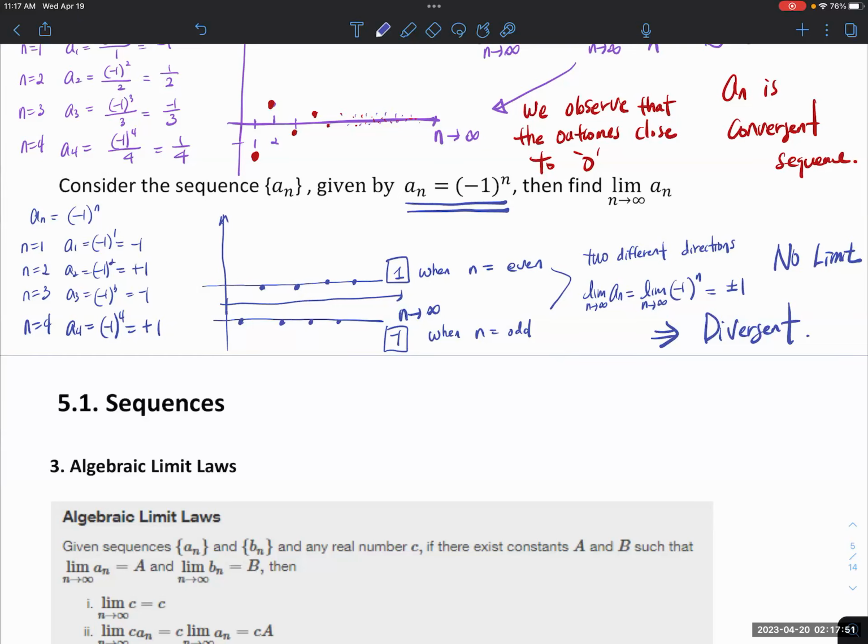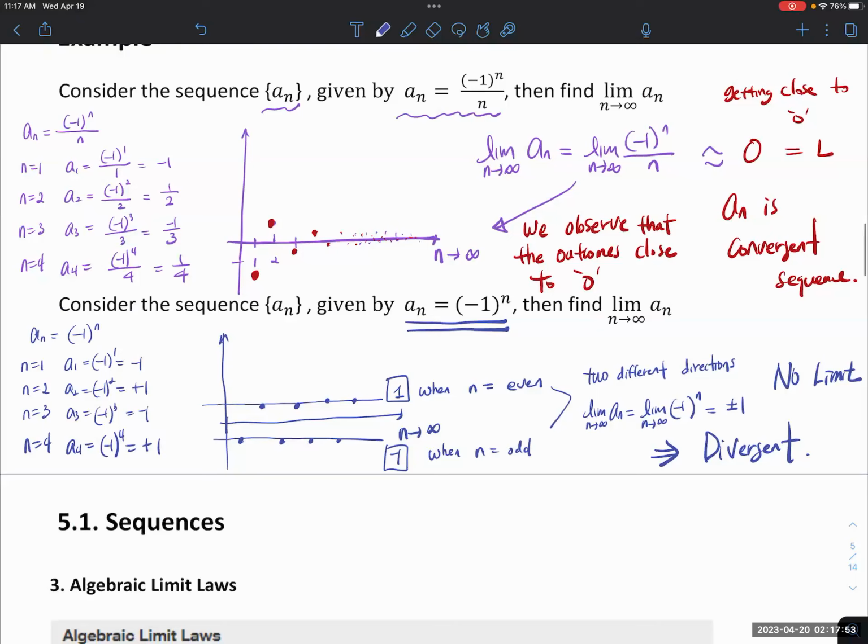Okay, so that's the example I really wanted to add in 5.1. So I'm going to hold up here. If you guys are happy with that, I'd love to see your thumbs up. I'm pretty sure you guys are okay with that example. So we're good. We practiced a couple of examples, and now, since the limit concept has reoccurred in Calculus 2,